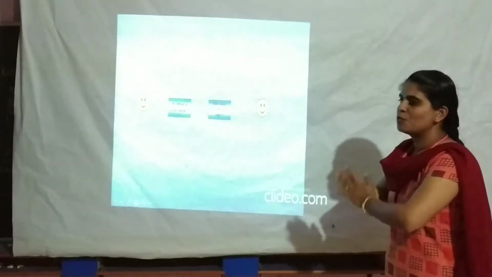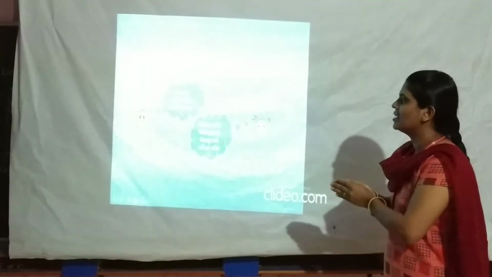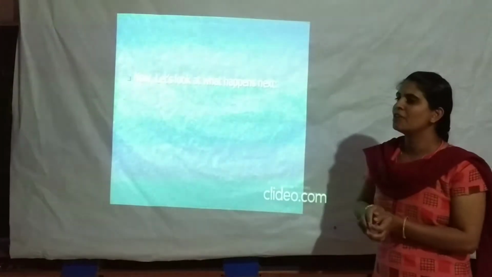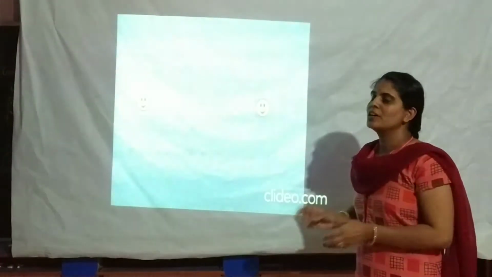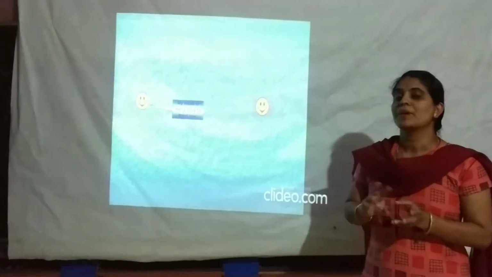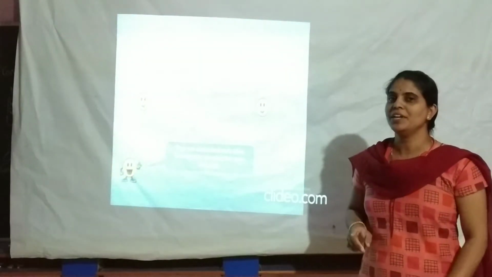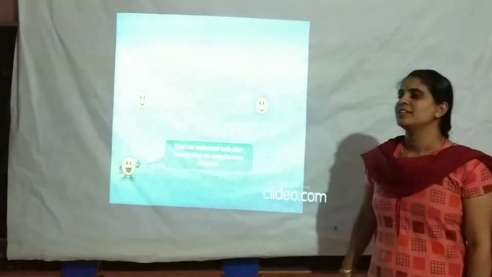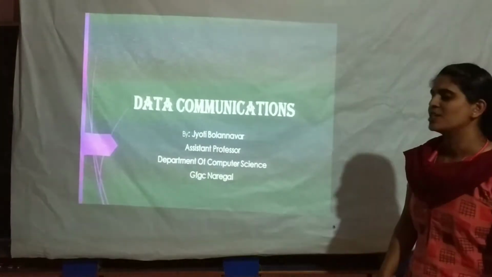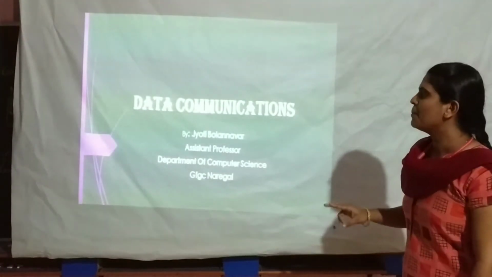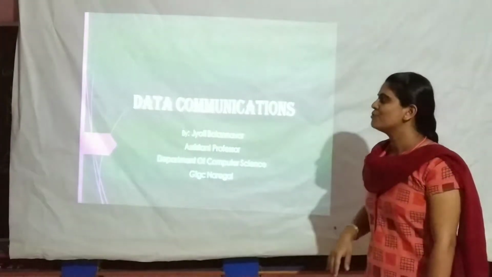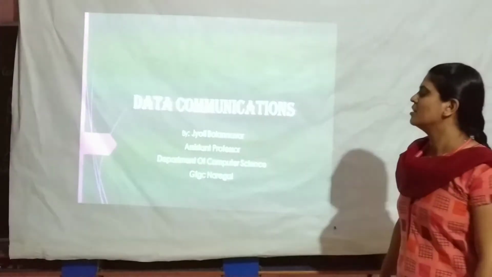When two persons want to communicate, there should be a common language, or there should be compatibility between the persons. In a similar way, for computers or any computing devices, there should be compatible communication between them. So let's start. We'll start today's topic, that is data communication. That means how the data is going to be communicated between two computing devices. First, by seeing the definition of data communication, we will start our class.